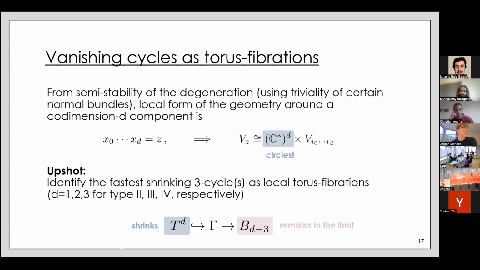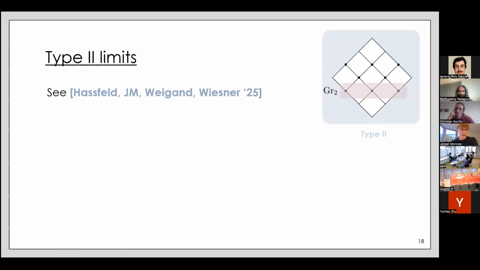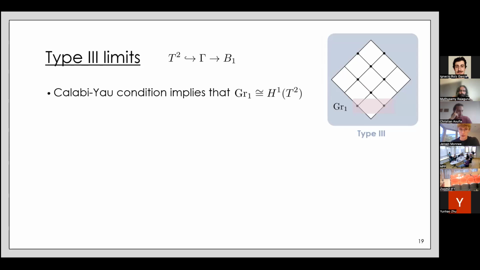So now we can say, indeed, if we take a D3 brane, we wrap it on this cycle, it will give some massless state. But for example, we want to show that you can get a tower of states in this way. And to see this, well, okay, I should say, for the type 2 limits, this is slightly more complicated. So in view of time, I will skip it and refer you to that paper. And instead, I will tell you how it works for type 3 and type 4. And then for type 2, it is very similar in spirit.